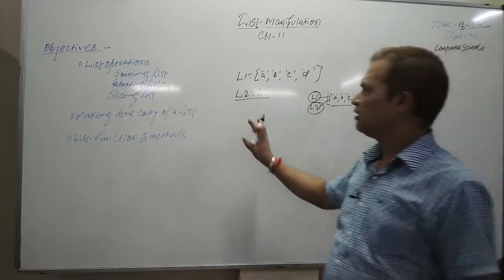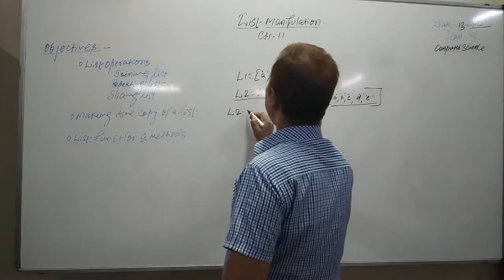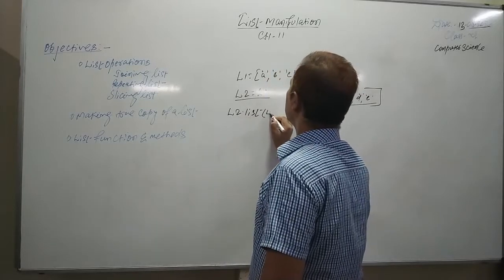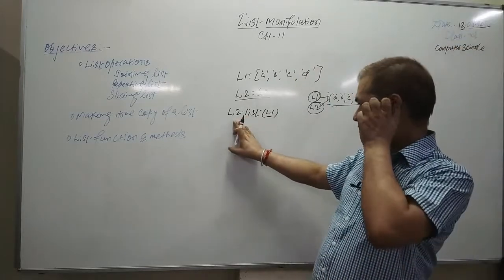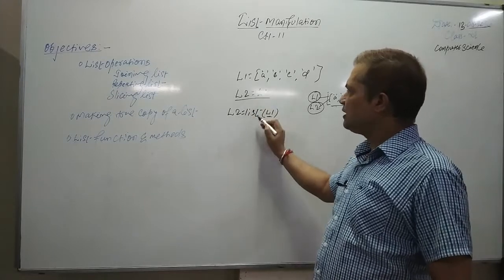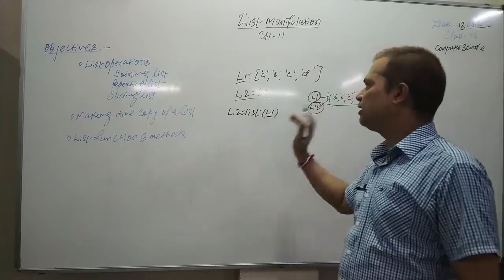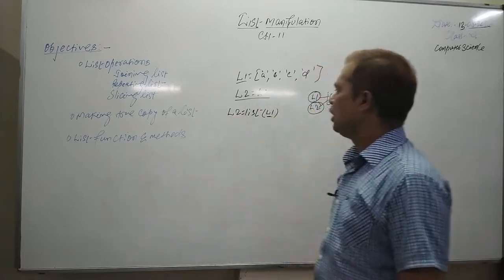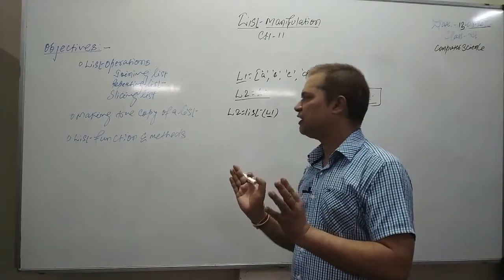So how to make it? One way to make a true copy of any list is simply the list method. You may simply say L2 equal to list, and under bracket L1, whose true copy you want to make. L2 equal to list L1 will create a true copy of L1 into L2. Now both lists L1 and L2 are different, not referring to the same elements in the memory.